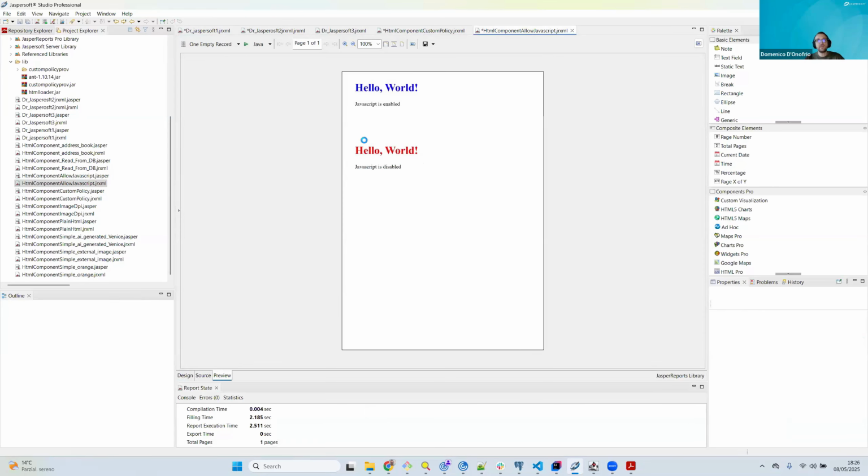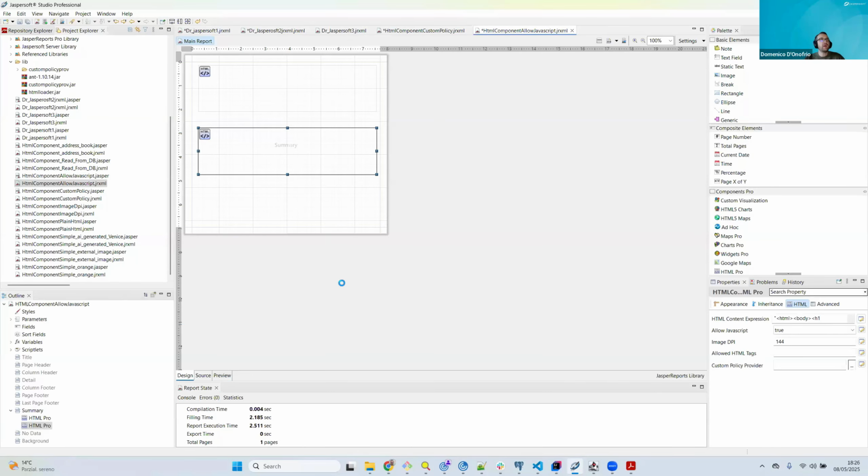And we can see that the text in this case is also changed to red. So the script was executed and the color of the text was changed. Okay, we have another, and this will be the latest sample